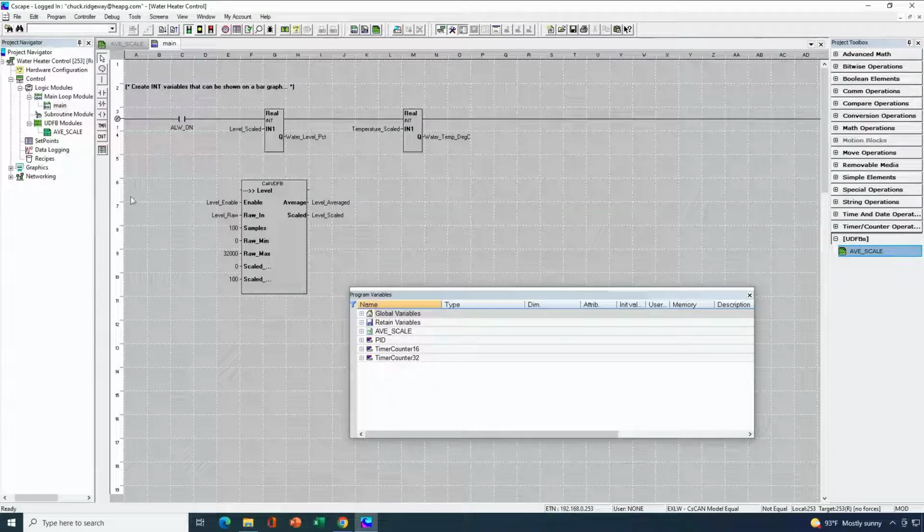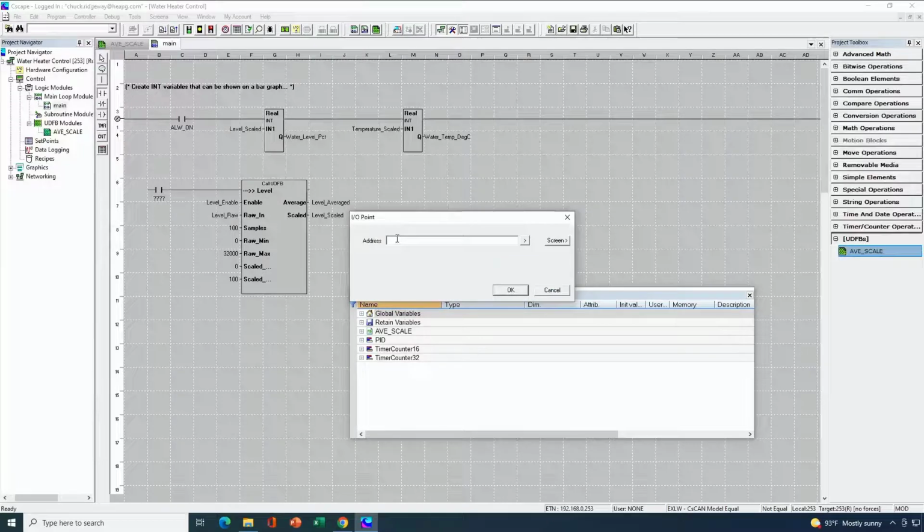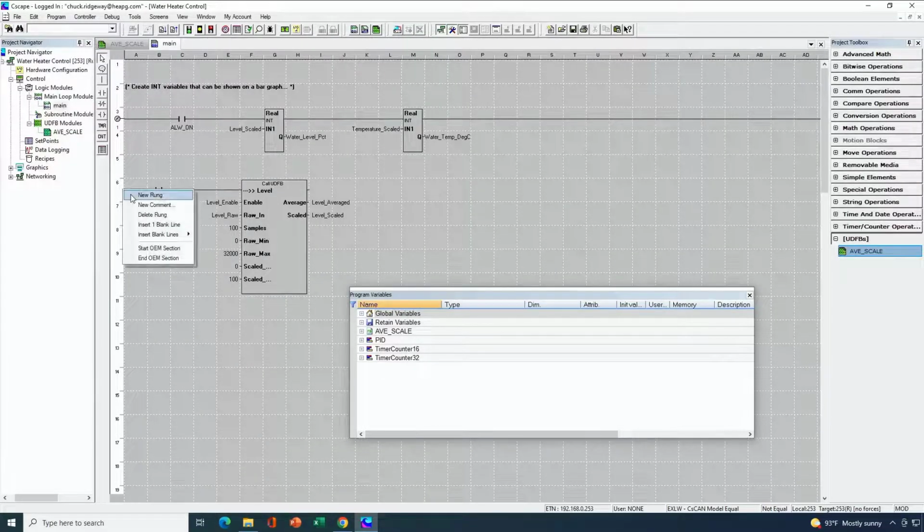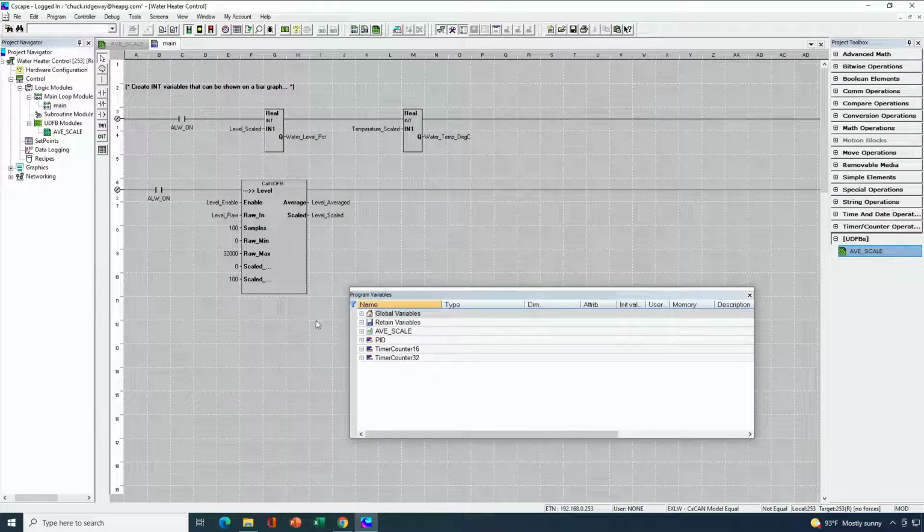I do need to connect it up to the rail here, and I can't do that directly. Just like every other function block, I do need to have an always on contact here. Now I'll go ahead and connect it. Now you might think that, hey, I'll just copy and paste this for my next instance. That doesn't work. So what you'll need to do instead is just manually put the instance in, okay, which isn't